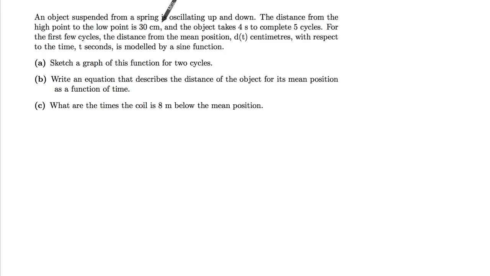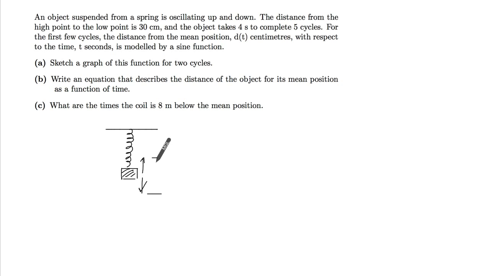An object is suspended from a spring which is oscillating up and down. Okay, so we have a spring and we have an object attached to this, and it's going up and down. The distance from the high point to the low point is 30, so that means